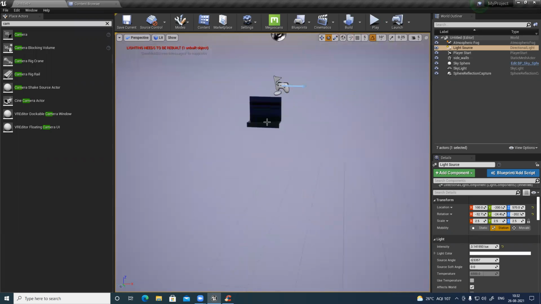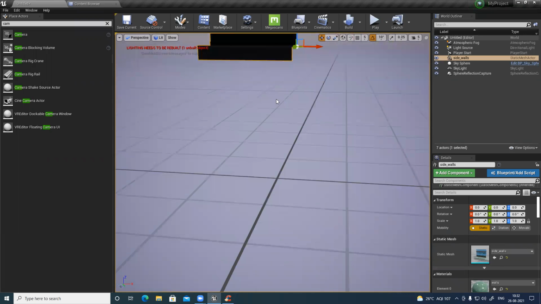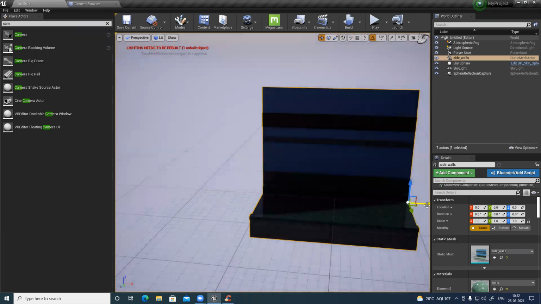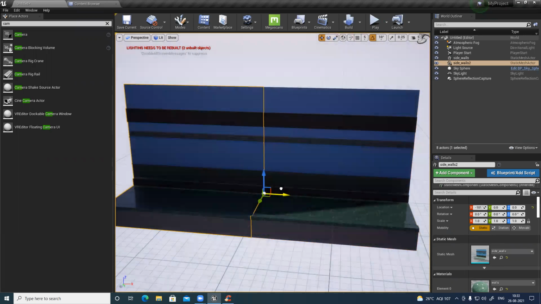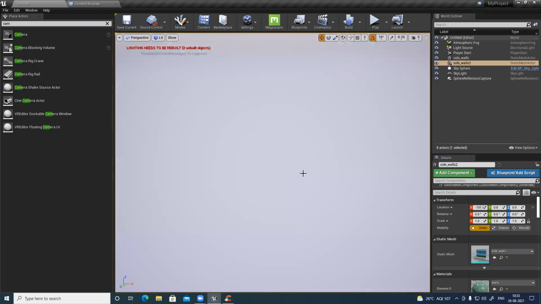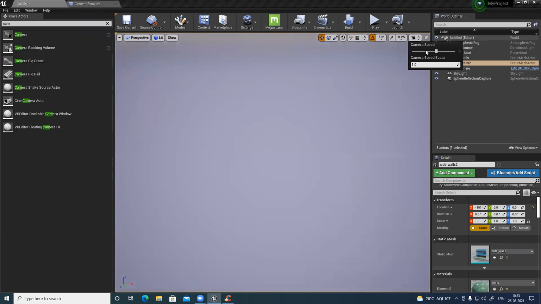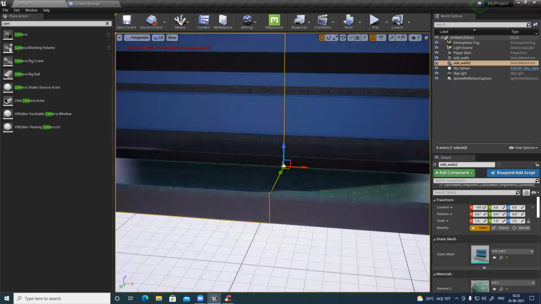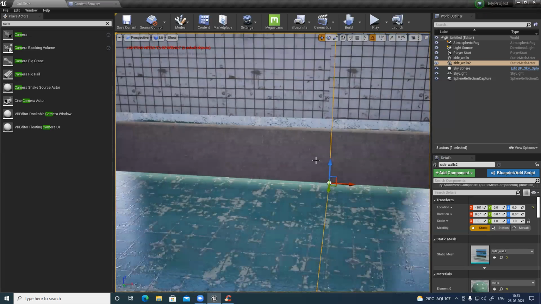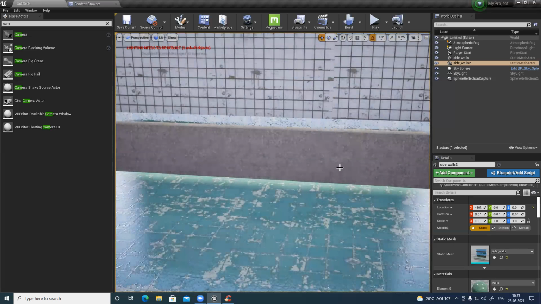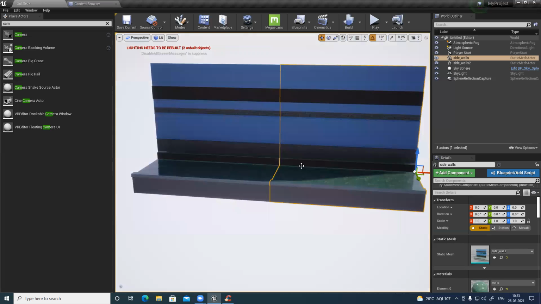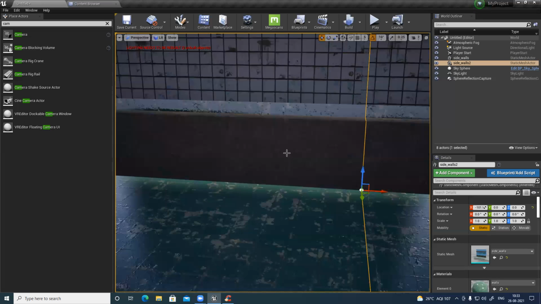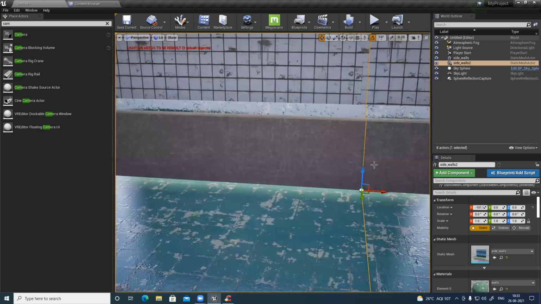Okay. So now I zoom in and alt duplicate. It's way too fast. Reduce it. This V and snap perfectly.